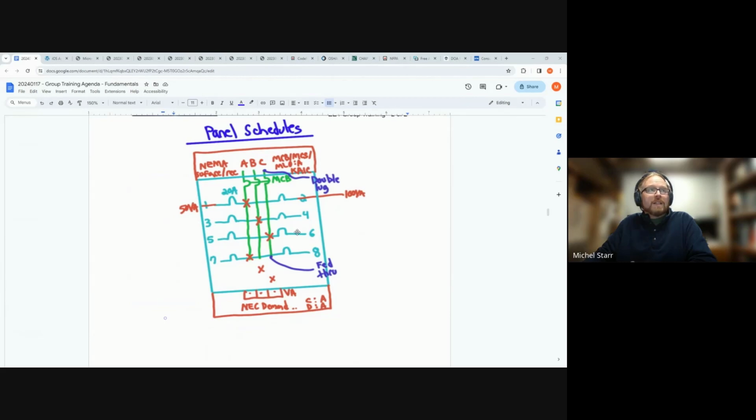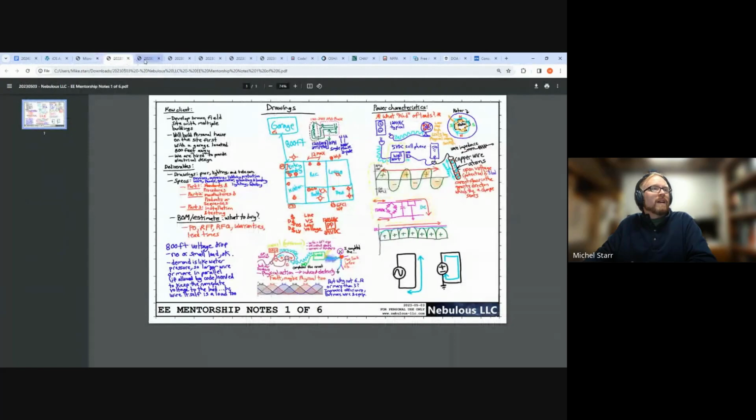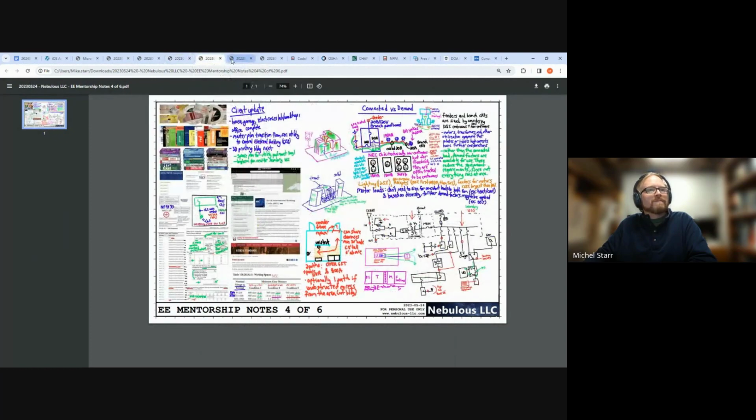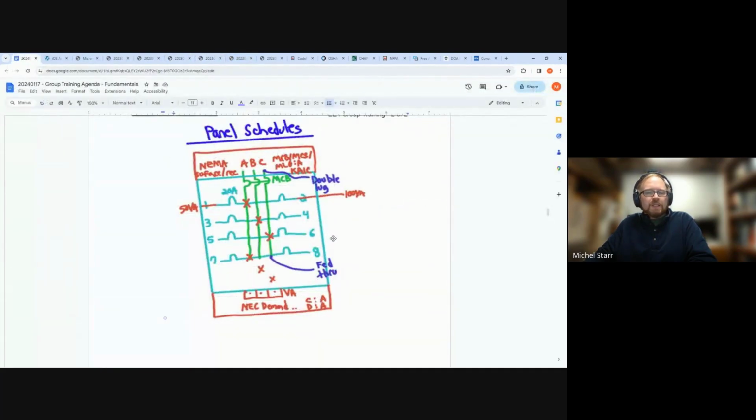Panel schedules. See if we can find in the notes if I had one. I didn't. Okay, I guess this is what we'll have to work with. So it's normally a schedule, and